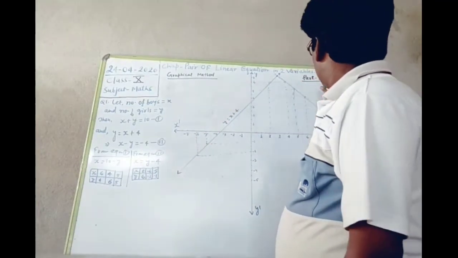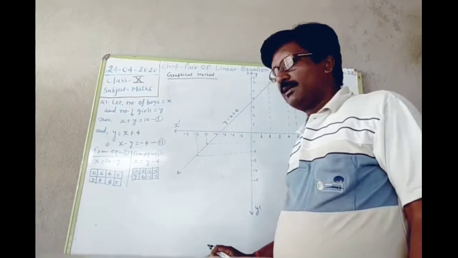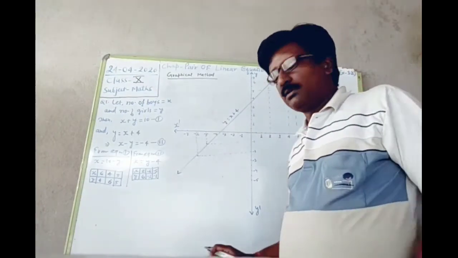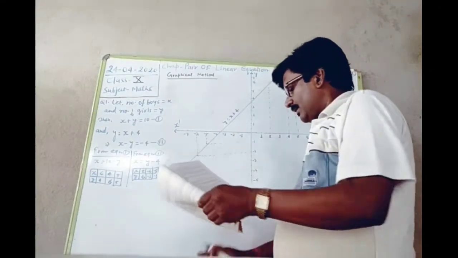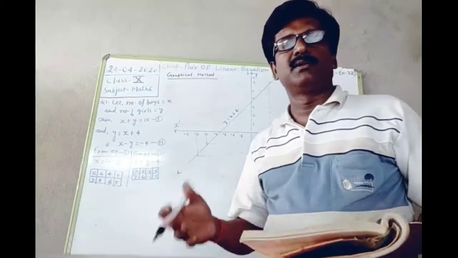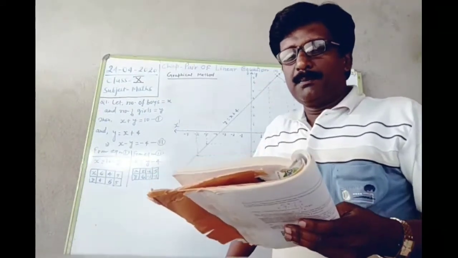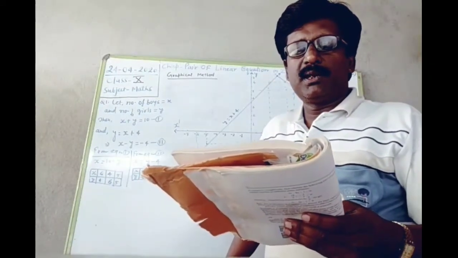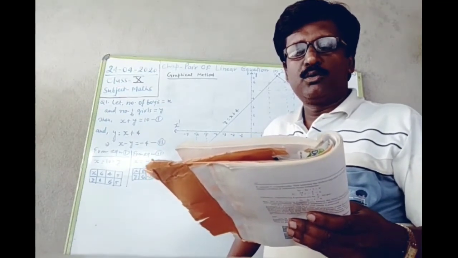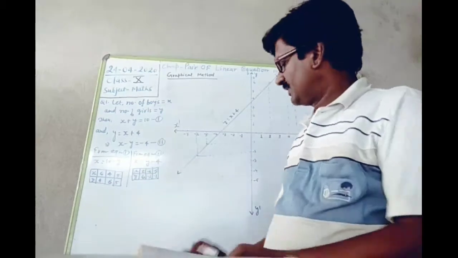The first question of this exercise 3.2 is: 10 students of class 10 took part in a mathematics quiz, and if the number of girls is 4 more than the number of boys, find the number of boys and girls who took part in this quiz. So just see,